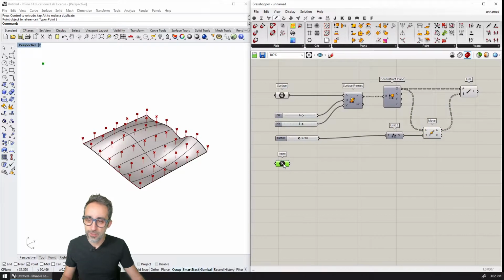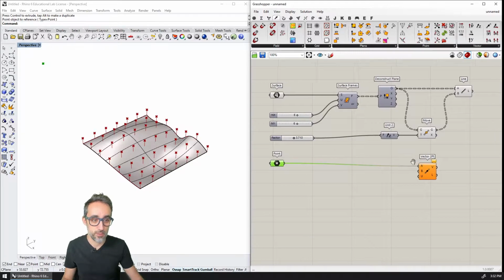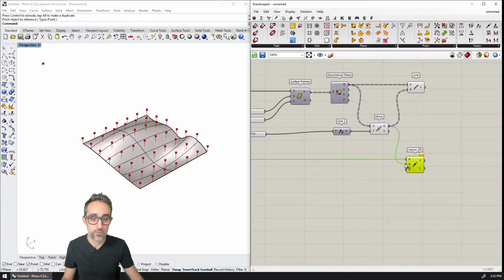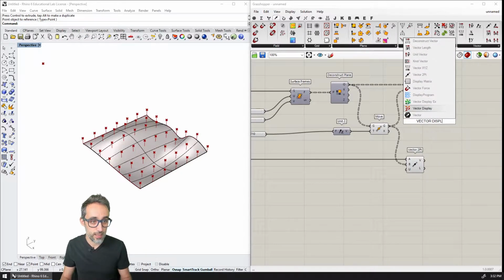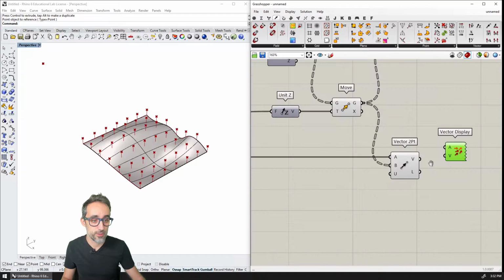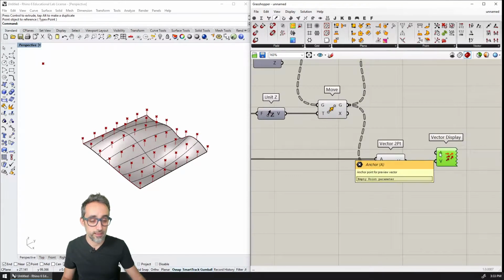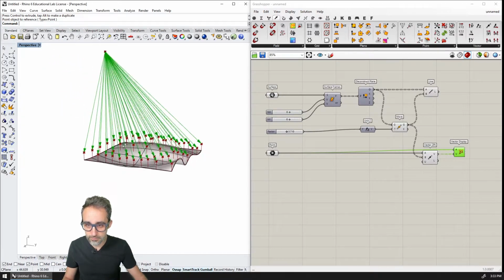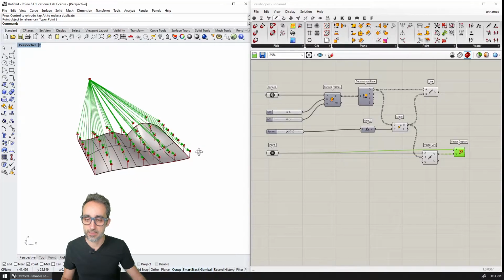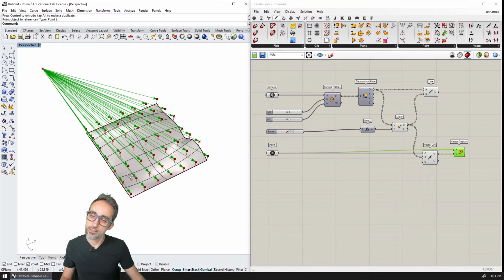After that, I'm going to turn off this, and this, and this I'm going to keep. What I'm going to calculate is the incidence of the sun on top of each one of these points. I'm going to do that with a vector between 2 points: the first point is going to be the sun point, and the second point is going to be each one of those points that I have here. And just for visualization purposes, I'm going to drop here a vector display, which is going to visualize all these vectors from the sun, and the anchor point is going to be the sun itself. Okay, so let's take a look at that.